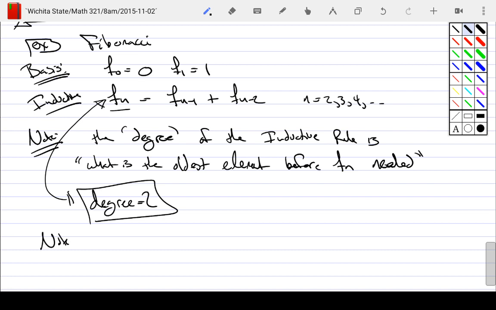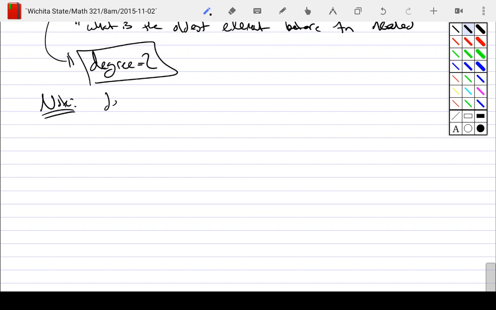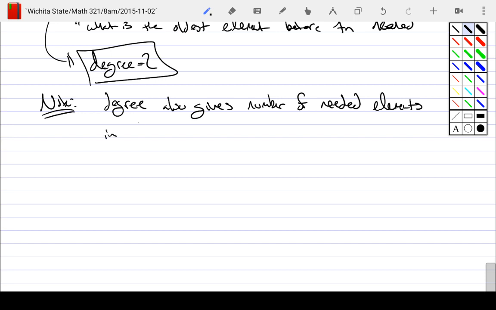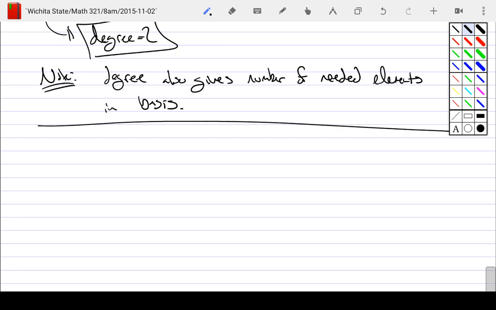And so note, degree also gives the number of needed elements and bases. Obviously, we need to be able to run these sorts of things. So